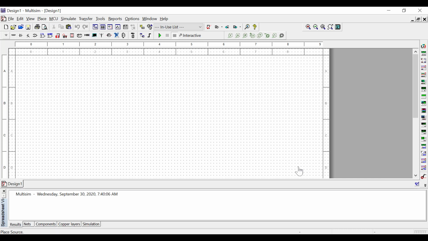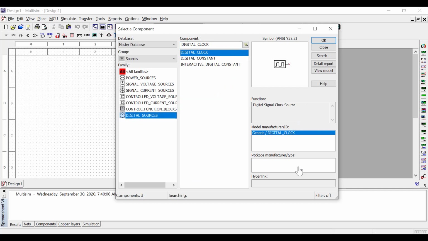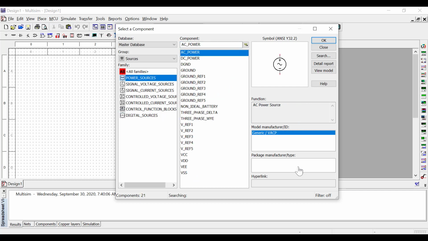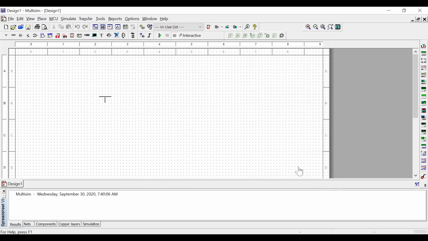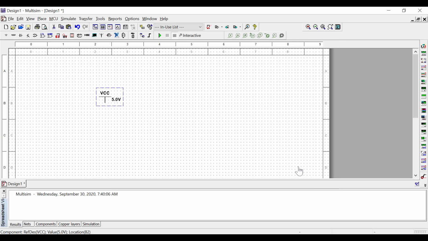So in the components panel, you can place a source, meaning you can choose from a wide variety of sources. Digital source means you can have a digital clock. Power source means you can have VCC, ground. For your circuit you may need to use ground, and you may need VCC 5 volts. Suppose you want to place VCC, just select the VCC and press OK and place it on the workspace and just close it. You can see here your VCC is placed now, and you can just select it and delete it when you want to delete.